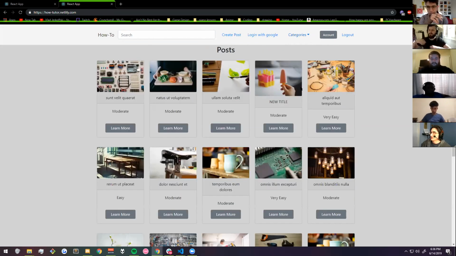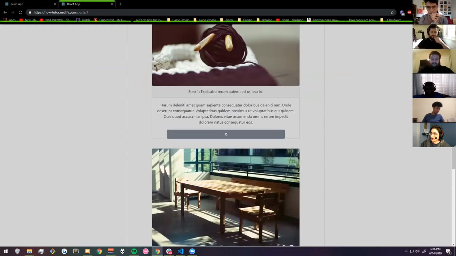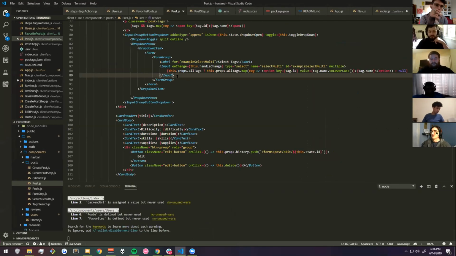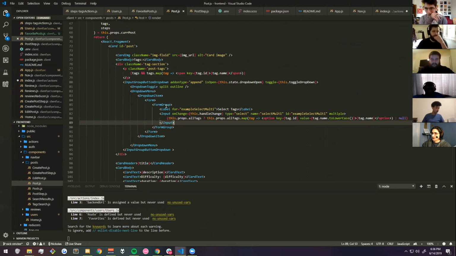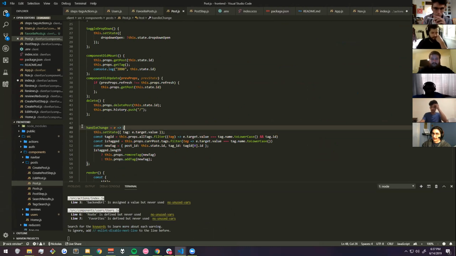Yeah, so we have two forms of search. So I think the interesting thing. Oh, that's the wrong one. So this is what our tags look like inside our code here. This is our input, and this is what our dropdown looks like, and we just have this one line of code that dynamically sets the value and displays our tags, and then our handle change is when you submit the tag. It checks, it goes through the list of tags, it checks for the ID, and then it checks if that tag is